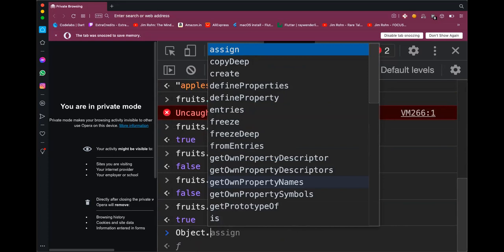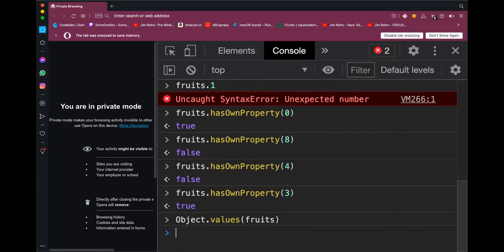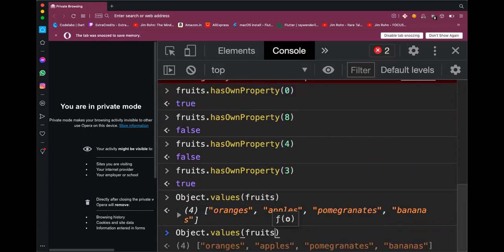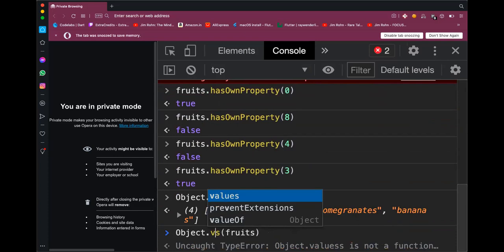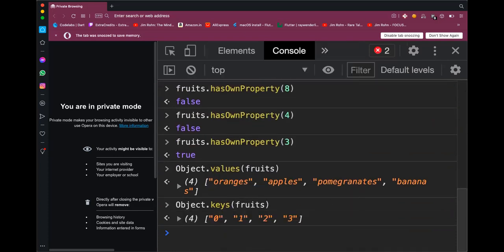Similarly, if I do Object.values and pass fruits, it returns me the same array. If instead I do Object.keys, it returns me 0, 1, 2, 3. So most of the object utility methods are available to the array as well.